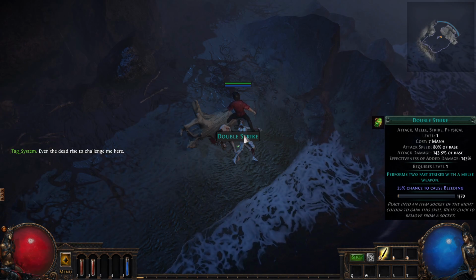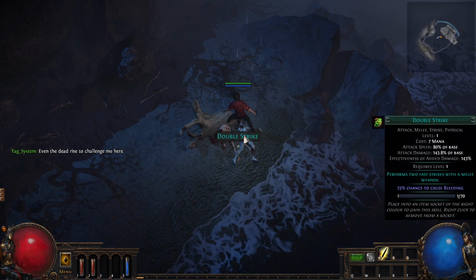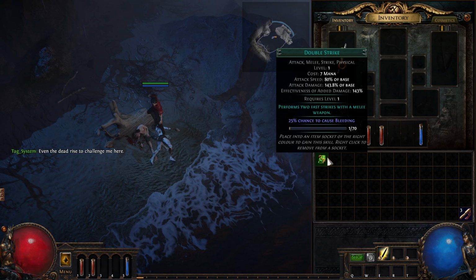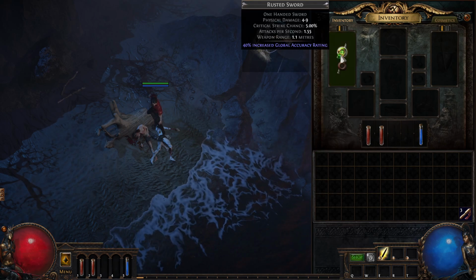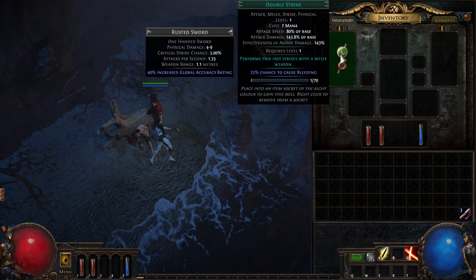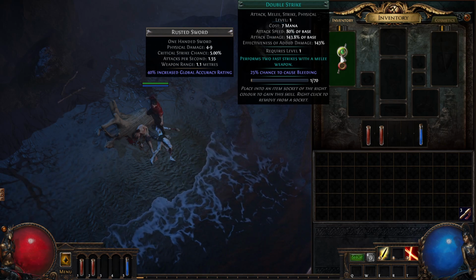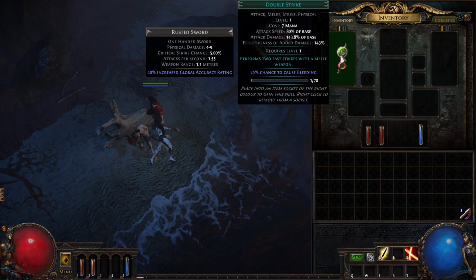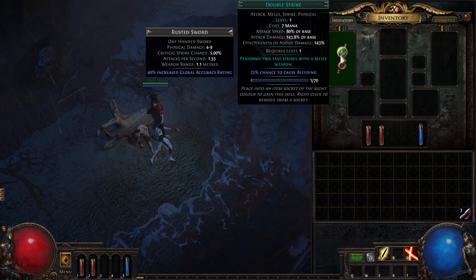Okay, so the next subsystem of the tag system are the skill gems, and let's see what kind of tags are being added to my character when I equip Double Strike, right? So I just equipped Double Strike, and all the tags on Double Strike are now being added to my character. So the attack, melee, strike, and physical gem tags got added to my character, as well as the bleeding tag, right? Because there's a chance to bleed. So let's move on